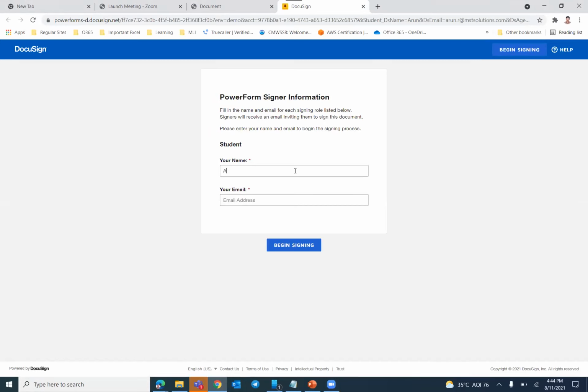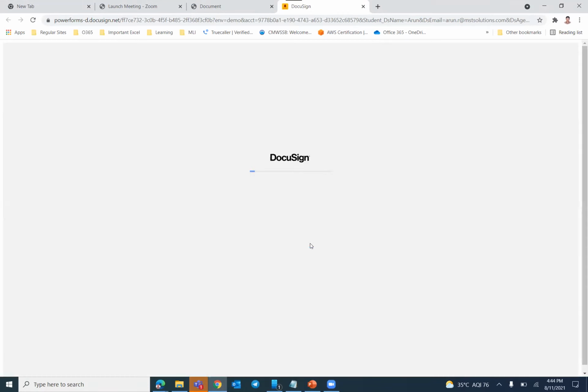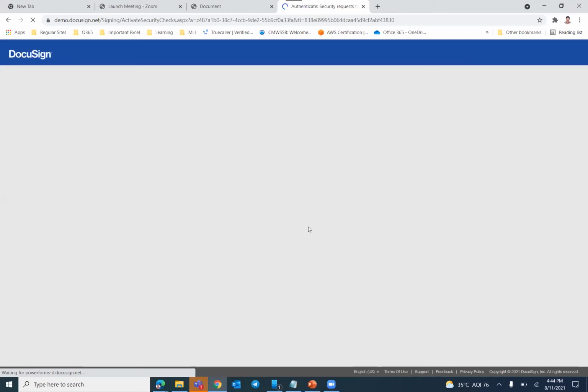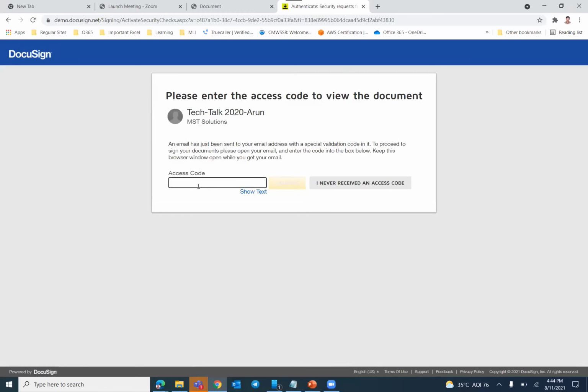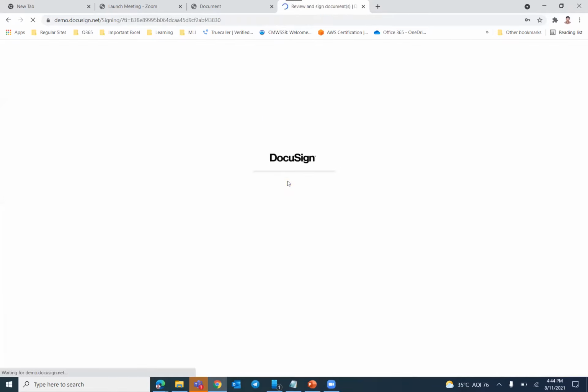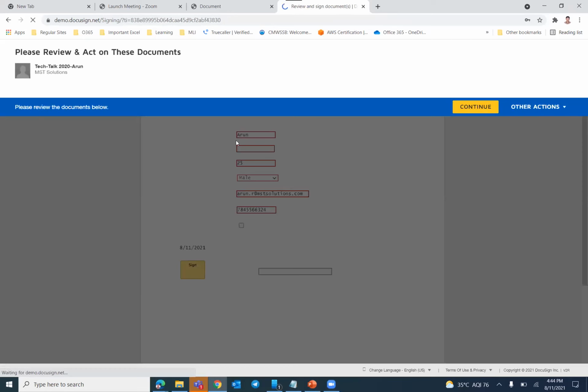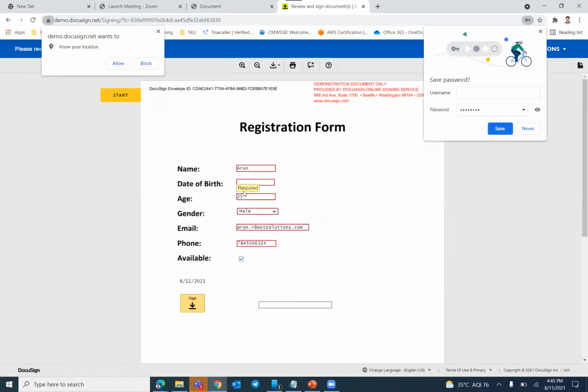So I need to provide that. Here you can see the values get automatically pre-populated.